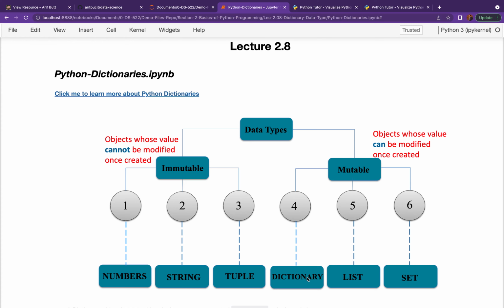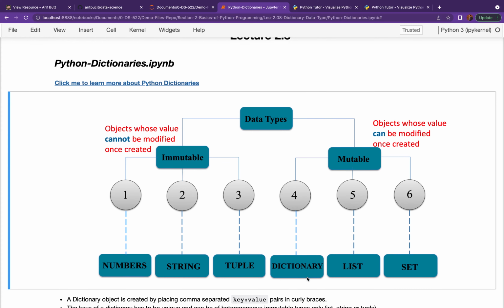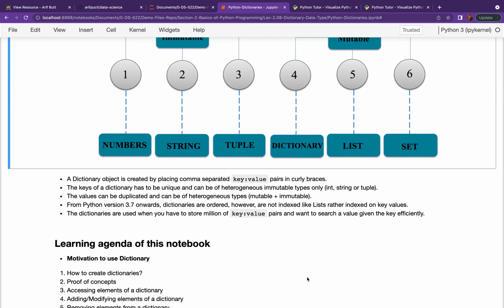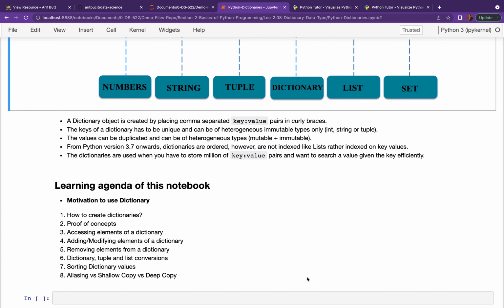Okay, enough of theory. Let us see the agenda of this notebook. Well, we will learn how to create a dictionary, different proof of concepts related to dictionaries, accessing, modifying, adding, and removing elements from a dictionary.